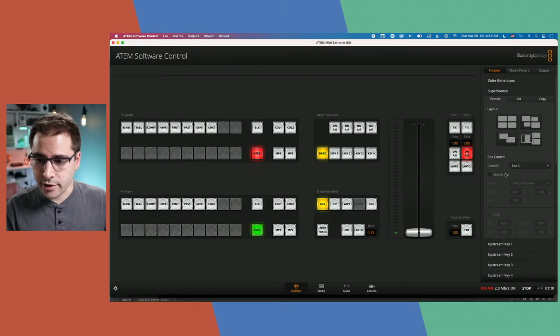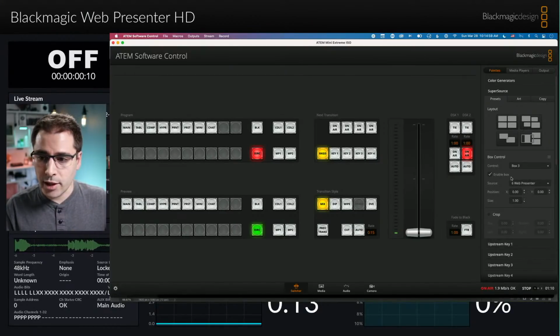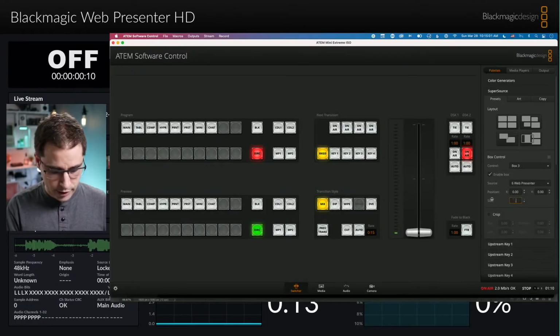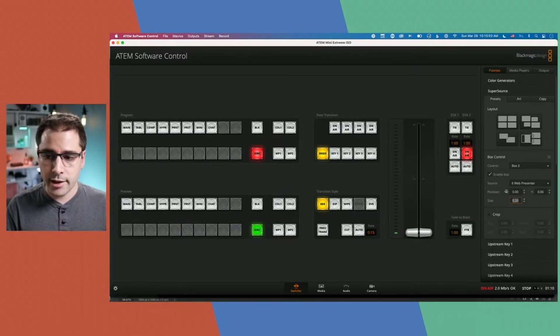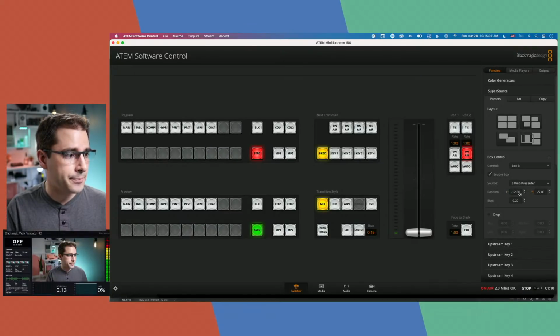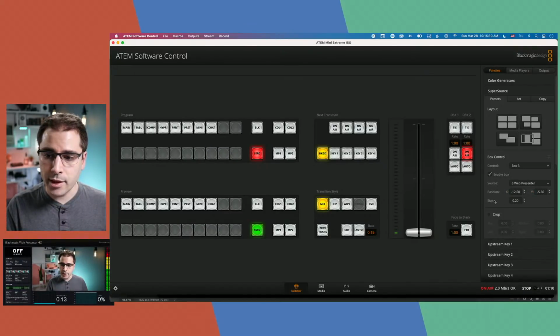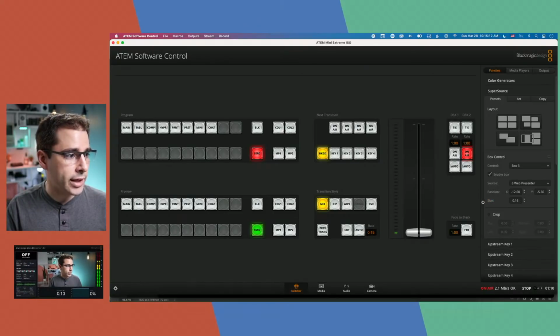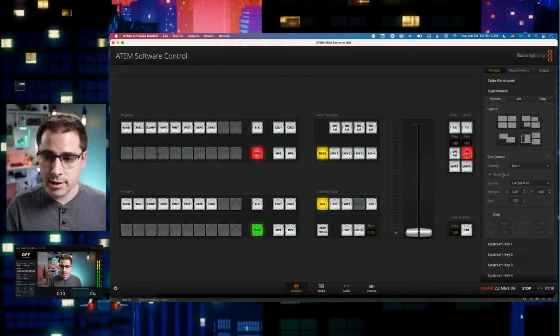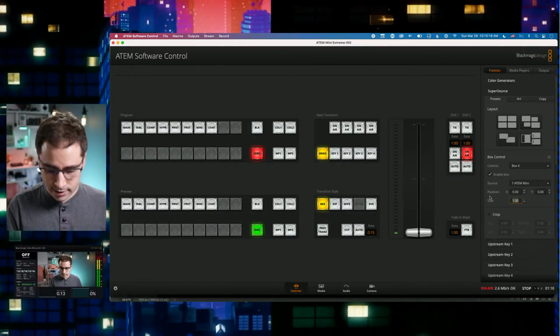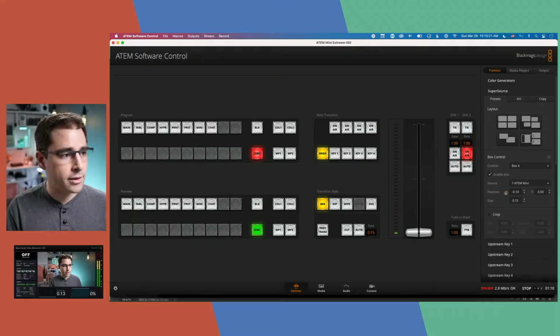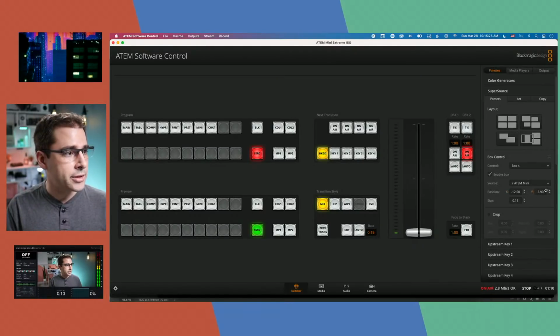what's this gonna look like if I do this? Box 3, let's scale it down to 0.2, make it small, and then we'll bring it down here. This is actually the output from the web presenter, which I'll talk about in a minute as well. And then you can do a 4th one as well, which is going to be that. And let's shrink it down and then move it over and up. So, okay, that's my SuperSource, right? I've got these four